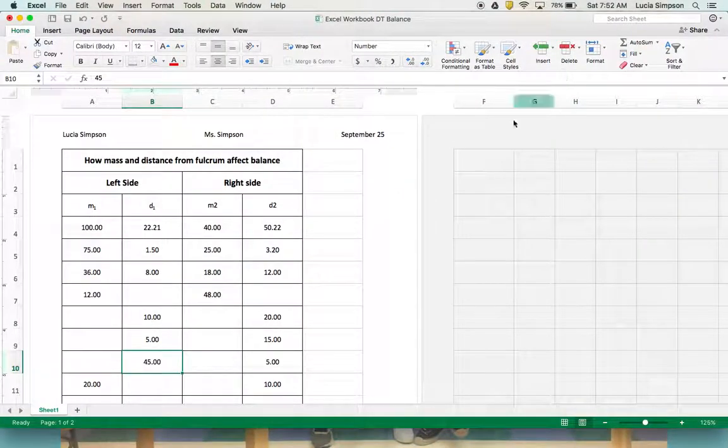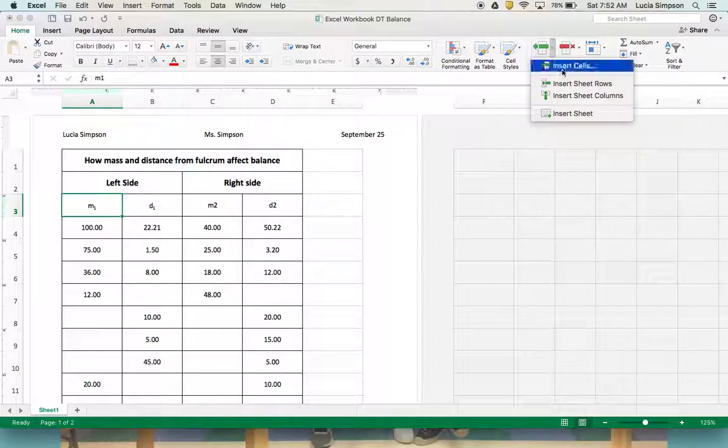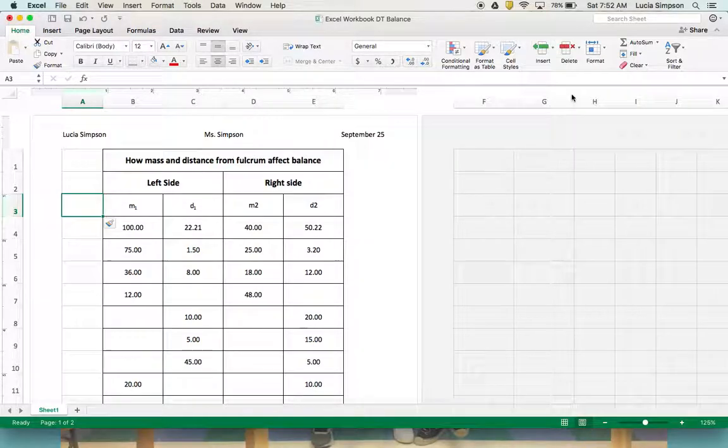So back to our Excel document, we want to include a new column for our M1D1, or our load, in order to calculate our load. I'm looking and I see that I don't have a column to the left or the right that I can just type into. So I need to insert a column, so I come over to the top right with that arrow down, insert a column, and now I have it. At the very top,